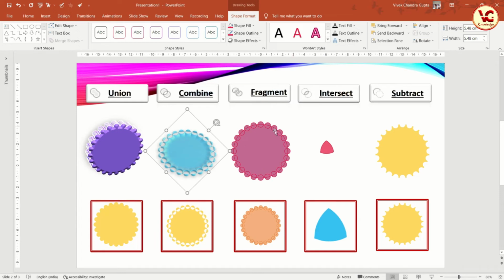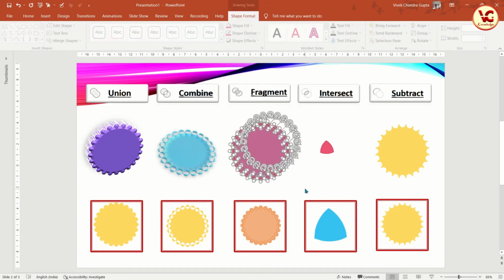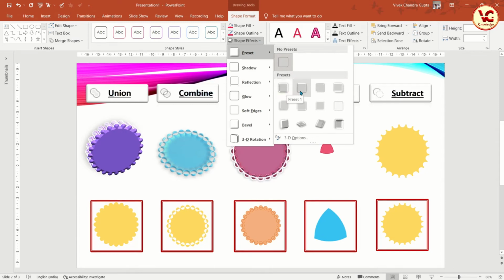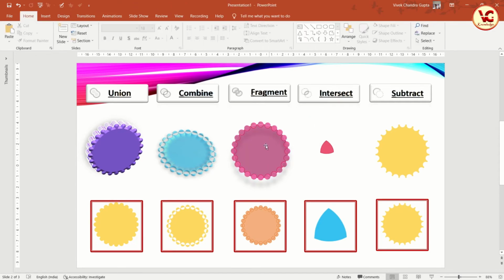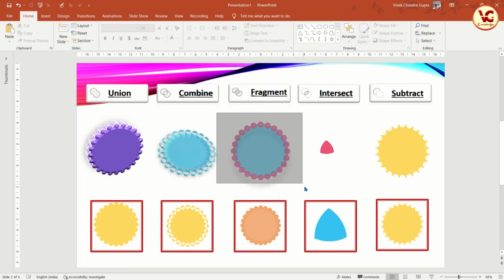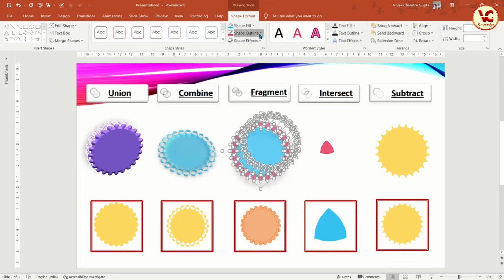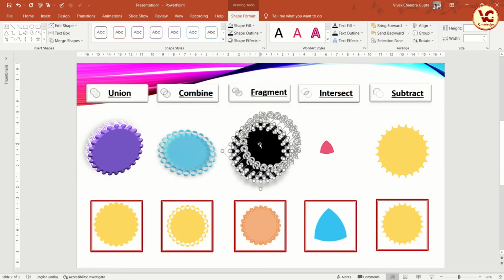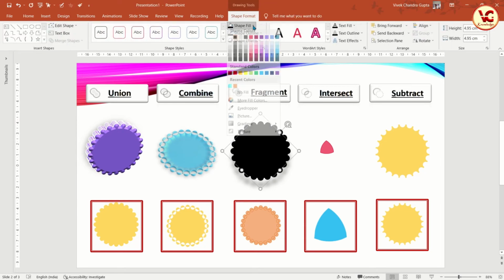In the same way we can do this with each of the other objects, and I can change the color of the center one. Let me make it this one. Or if I make it black, and the center one, let me make it